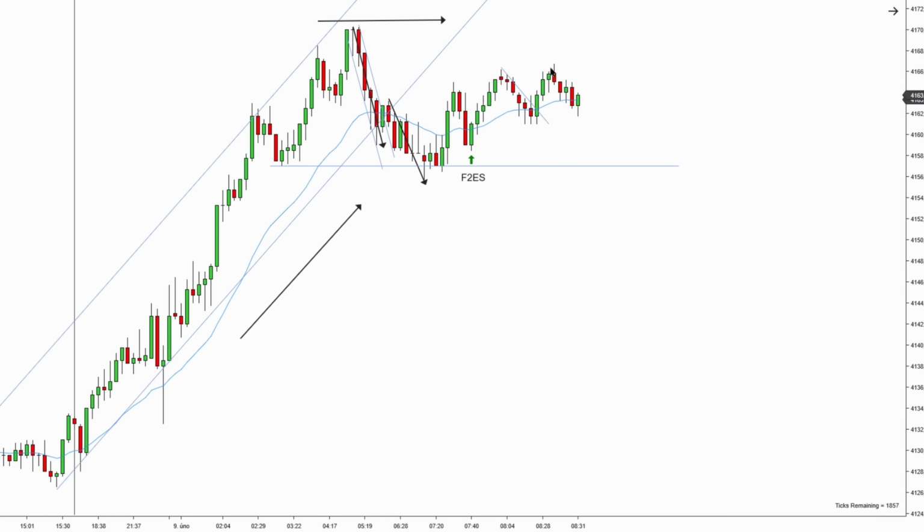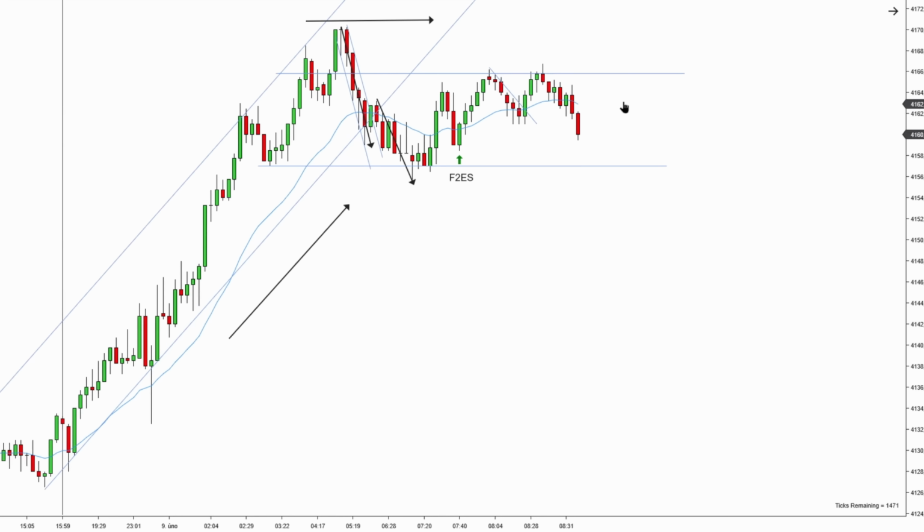For this reason, I have a small second entry long, but we first push below the EMA and I can't take it. Why? Because notice how we are getting flat. We didn't manage to create a new high after the failed second entry short. And you can see there's some small support, small resistance being built. So you can see how prices are starting to go sideways. It's not as clear and strong a bullish momentum, especially here after you turn down. After this higher low, you definitely need to create a new extreme. The fact that it didn't create a new high, that's definitely a worry. So you shouldn't be going long just yet.